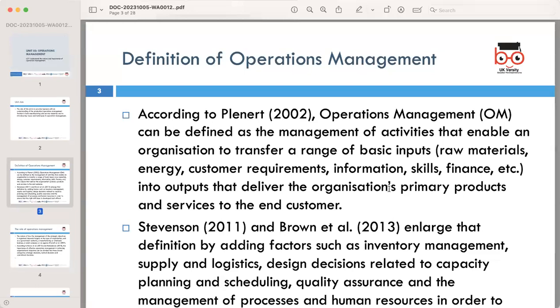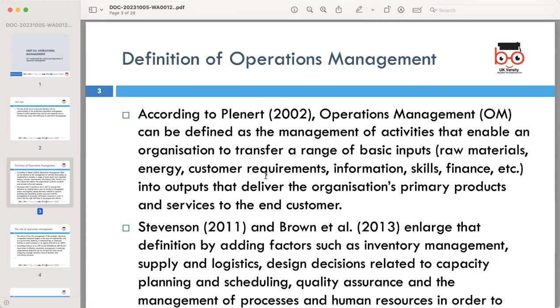But after this first reference, operation management can be defined. Do we need to put this in quotation marks? No, you don't need to put it in quotation marks. Vertical commas, yes. That's not an issue. You can put it into quotation marks or not. That's not an issue, but if you do that, that's a good one.